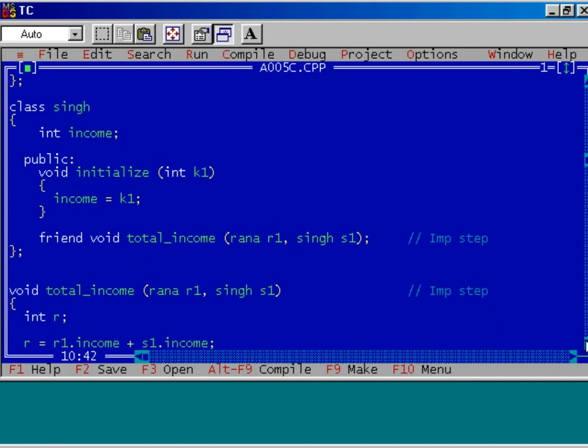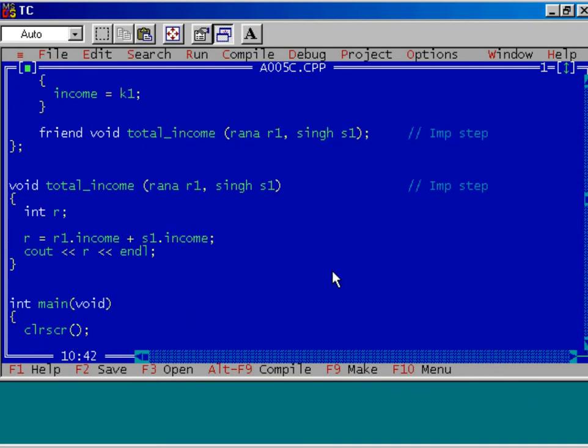Let us see the definition of the independent function, namely total income. For this function, the return data type is void, meaning nothing, and the arguments are two objects created using the class Rana and class Singh. So R1 is the object created using class Rana, and S1 is the object created using the class Singh.